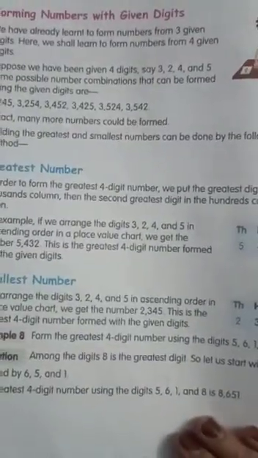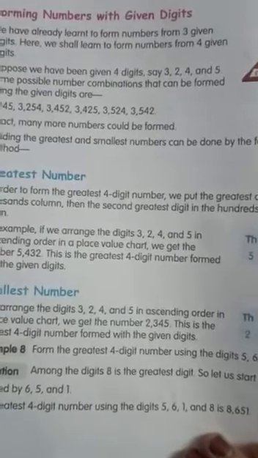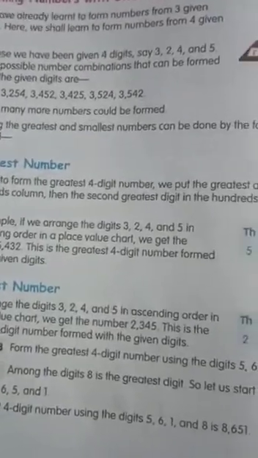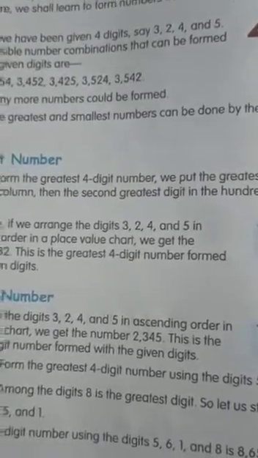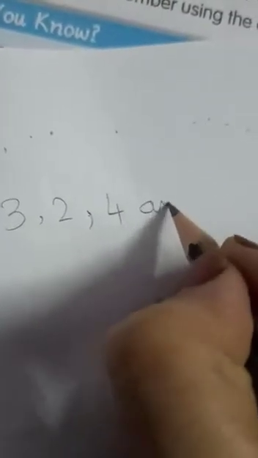So today's topic here is forming numbers with the given digits. Children, we have learned how to form a 3-digit number. So here we have to form a 4-digit number. Suppose the digits are given as 3, 2, 4 and 5. So many numbers are possible here, with different combinations, like